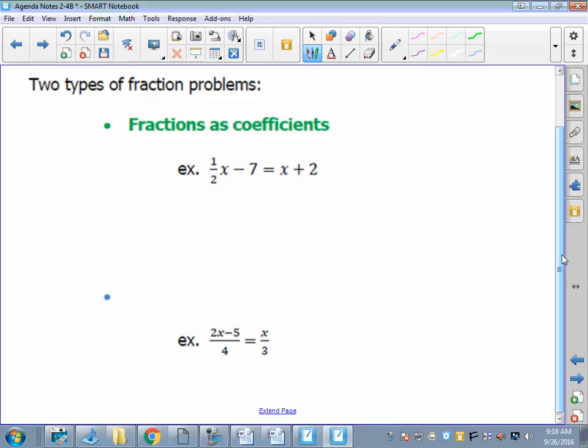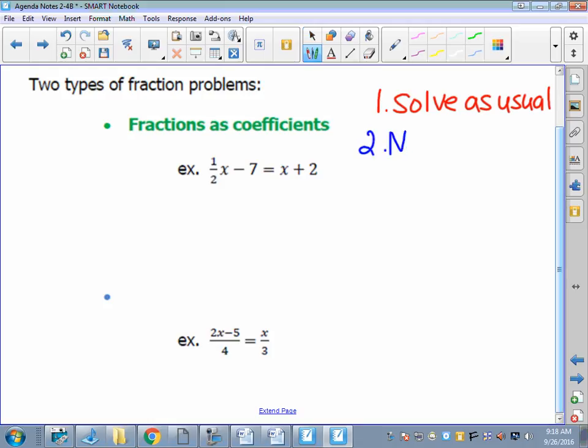So we can just solve as usual. There's one option for solving this. We can go ahead and subtract x from both sides, add 7 to both sides. We've got a fraction, not a big deal. Another thing that we could do with a problem like this, 1/2 x minus 7 equals x plus 2, is